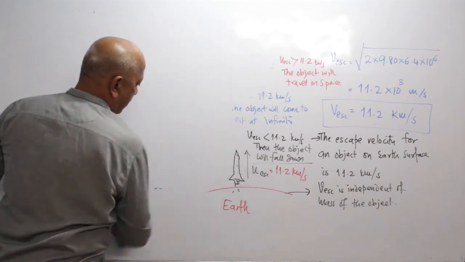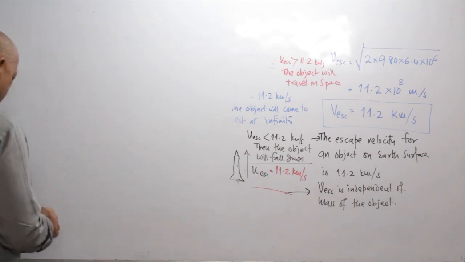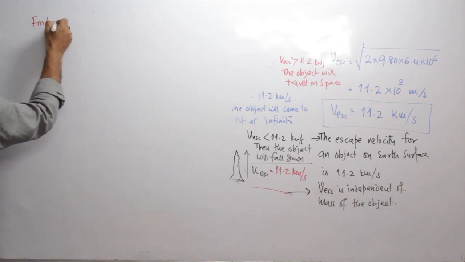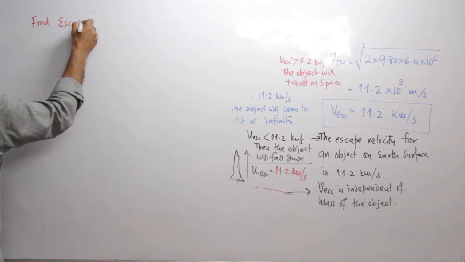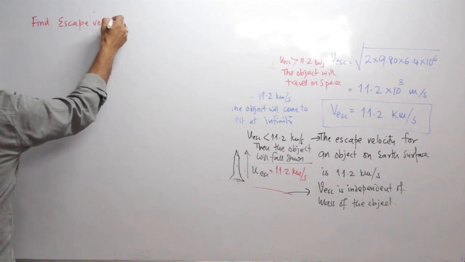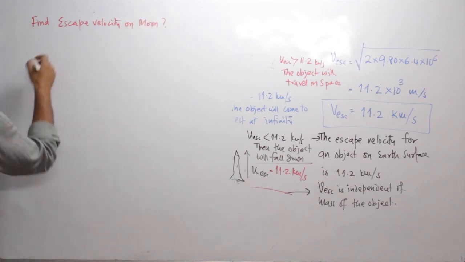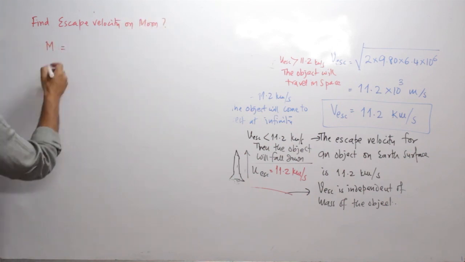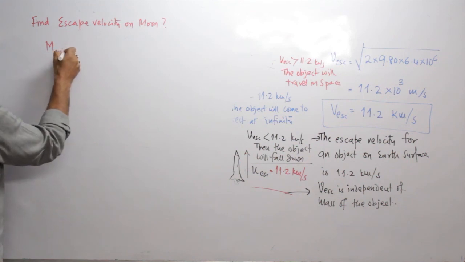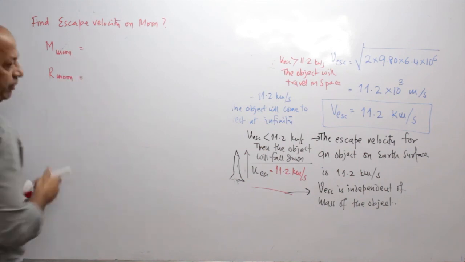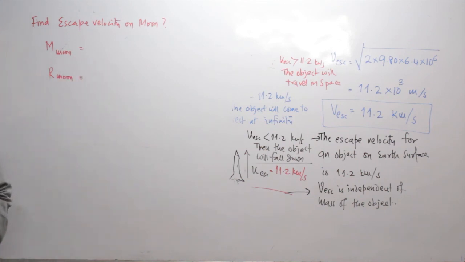There is an exercise, there is a numerical. Find the escape velocity on the moon. The mass of the moon and radius of the moon are given. Mass of the moon is given as 7.34